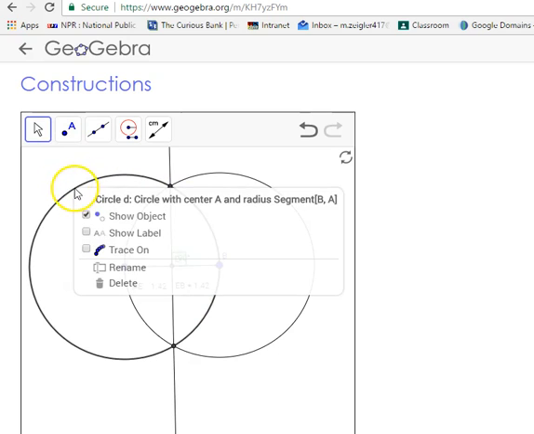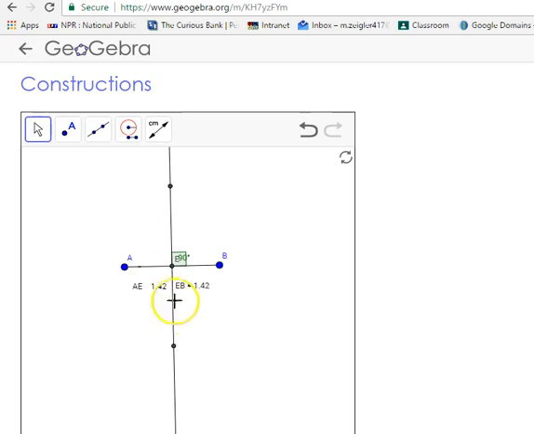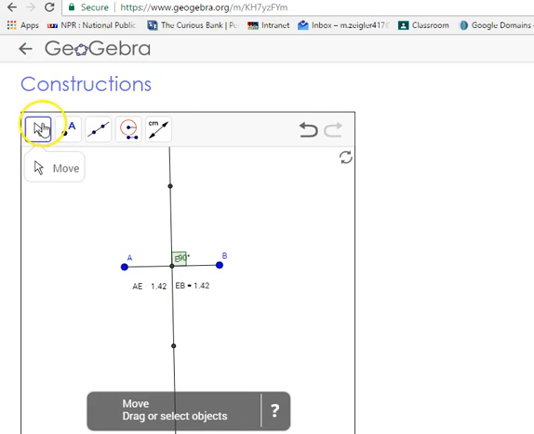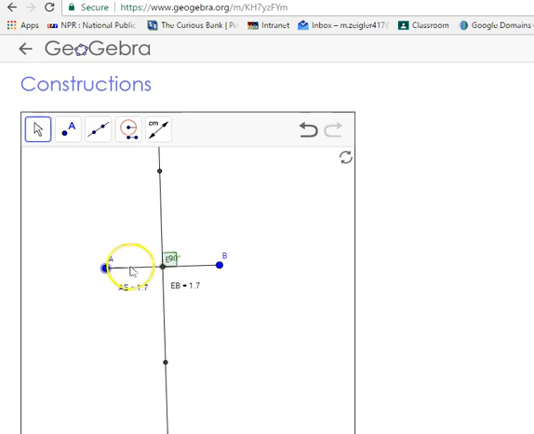Now just kind of clean up a little bit, take away the circles so I don't see them, and I'm done. Now, what I should be able to see when you turn yours in is I should just see the segment AB, the line cutting through it. We don't need to label these two points up here, it's not really necessary. I should see the angle marked, 90 degrees, and the two